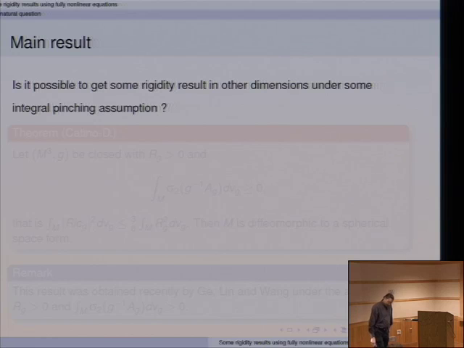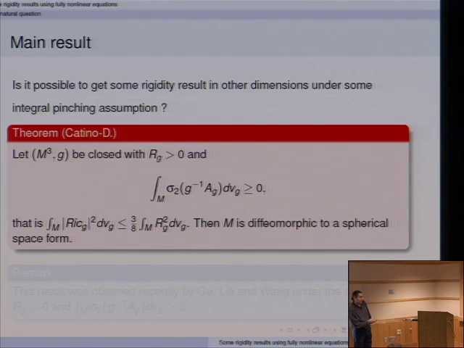So the question is, what about other dimensions? Let me state the first result. This is a result by Giovanni Catino and myself. You take a three manifold, a closed one, and you assume that the scalar curvature is positive. You also assume that the integral of sigma 2 is non-negative. So if you write